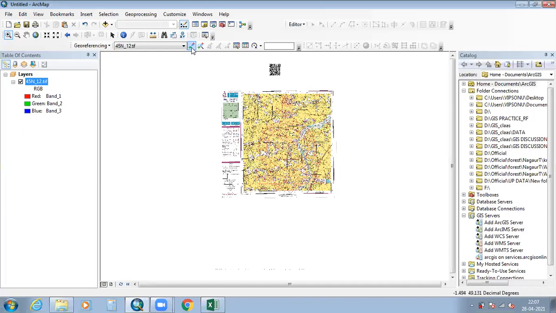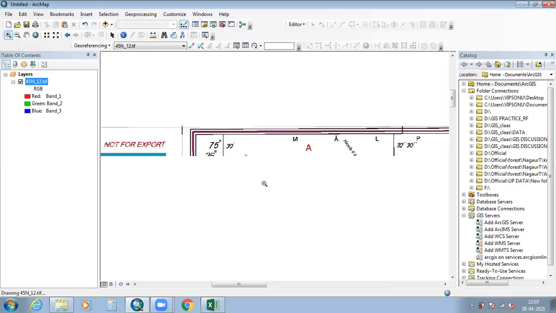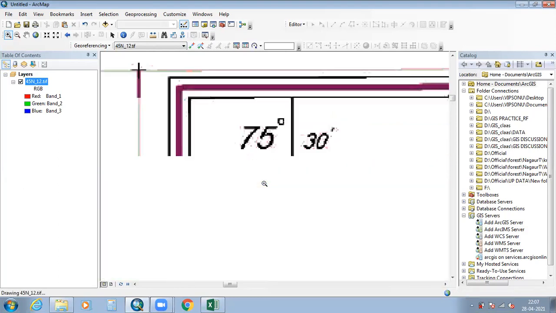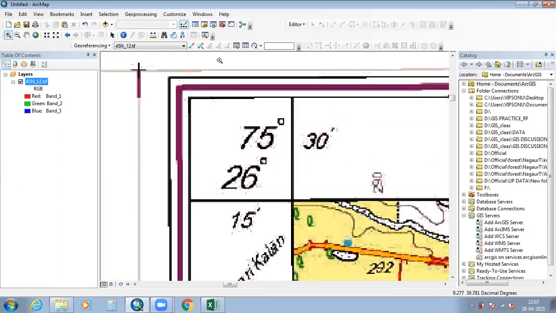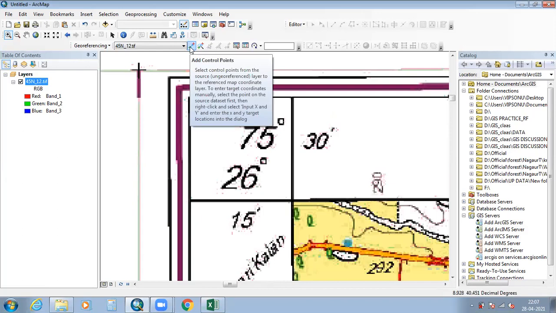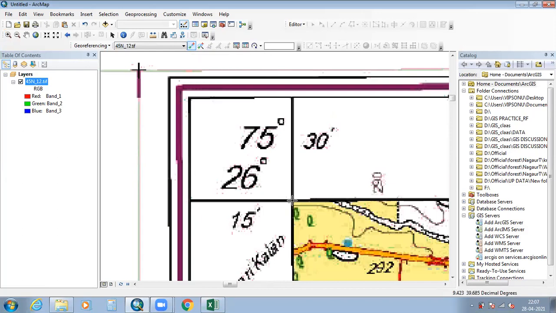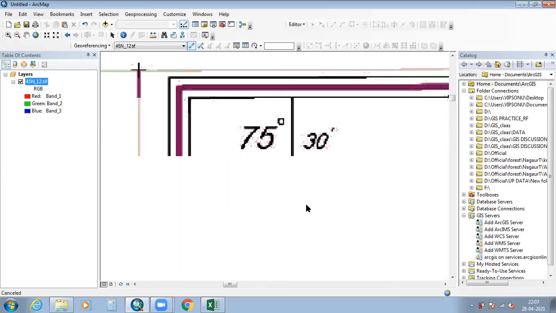Select add control point and zoom to the corner at full extent, and then use this add control point. First left click and then right click.